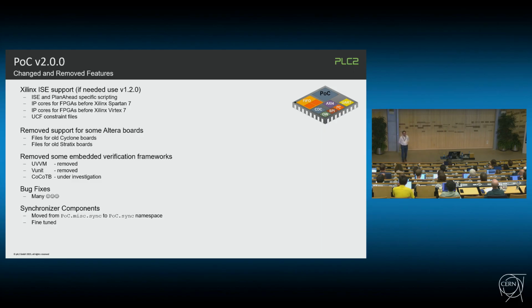We also had the idea some very long time ago to have submodules inside of our code base for UVVM, VUnit, and CocoTB. We also threw them out, and we are focusing now on OSVVM, not meaning which one is better or not. It's what we need inside, and we don't want to be a collector of all kinds of different open source frameworks. We did many bug fixes, and we moved the synchronizers that were previously located under poc.misc.sync directly under the head namespace, which is poc.sync,